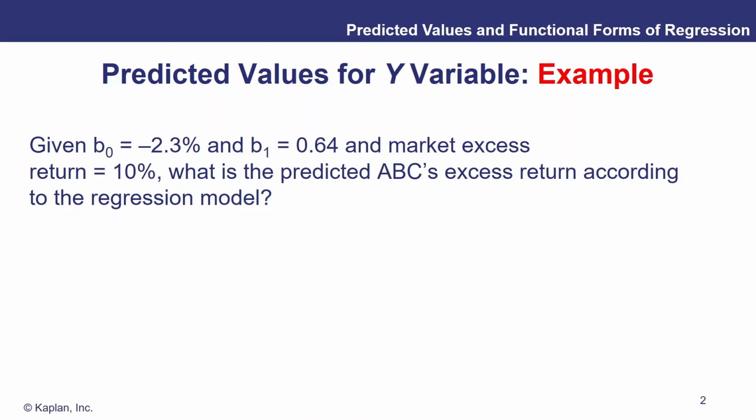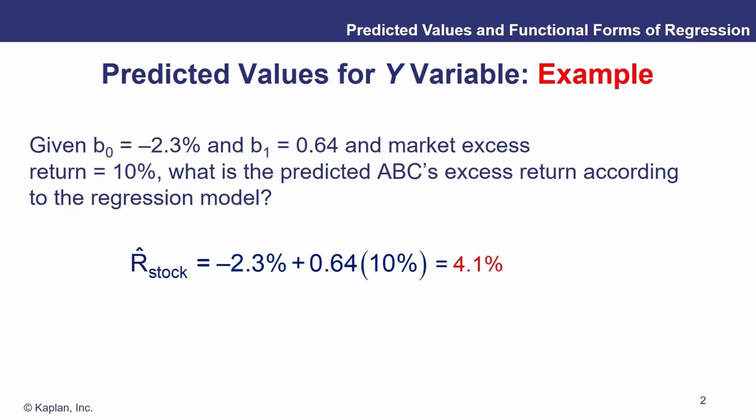So we've got our intercept and we're using the ABC example again. We've been given our intercept of minus 2.3 and our slope coefficient, and remember, both the intercept and the slope coefficient are sample values that come from our regression: 0.64. And we're told that the market's excess return is forecast to be 10%. What is the predicted ABC's excess return according to the regression model? Well, all we need to do is say, okay, minus 2.3%, our sample intercept value, plus our slope coefficient, again a sample value, times the predicted market excess return of 10%,